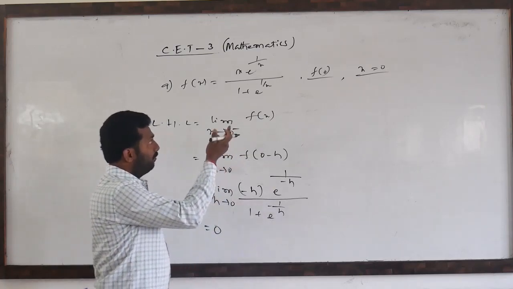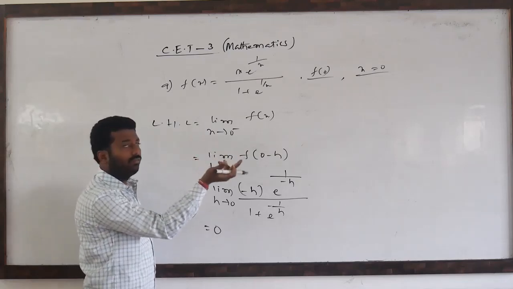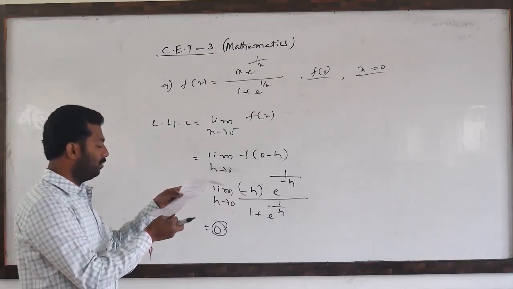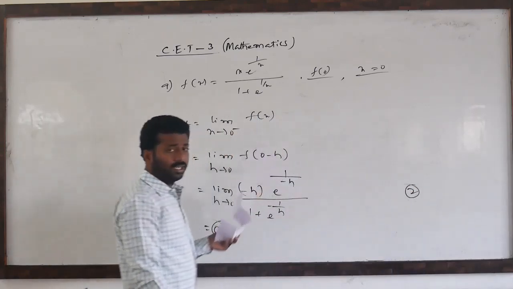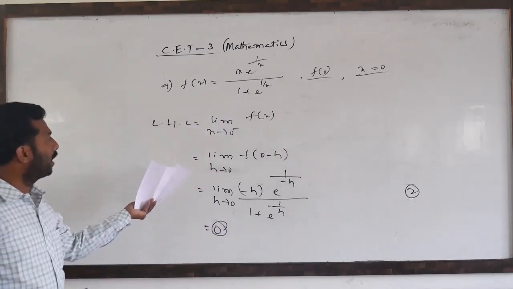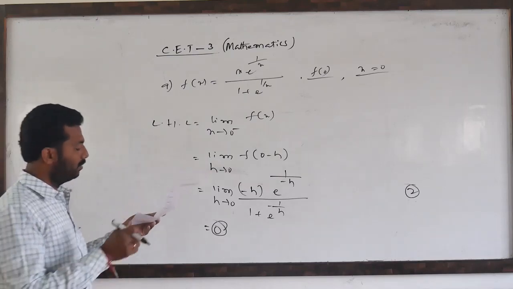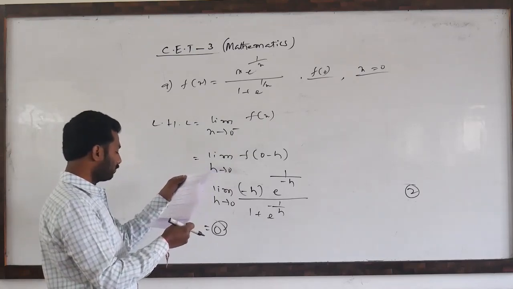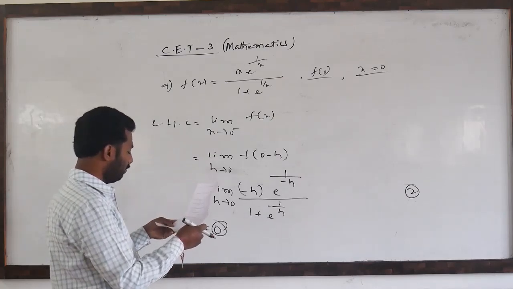So very clear, f of x is continuous at x equal to 0 means left hand limit equal to right hand limit equal to f of 0. So clearly the f of 0 value is 0 only. Which option do we have to take? Nothing but the second option. So ninth one, second option. No need to calculate the right hand limit because this function is continuous. They only ask us to calculate the left hand limit, which is nothing but the value of the function at x equal to 0, that is f of 0. So f of 0 value will be 0 only.